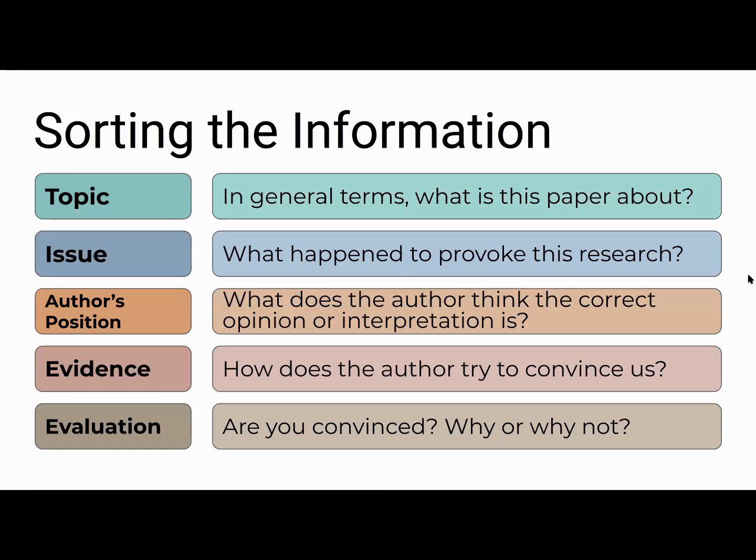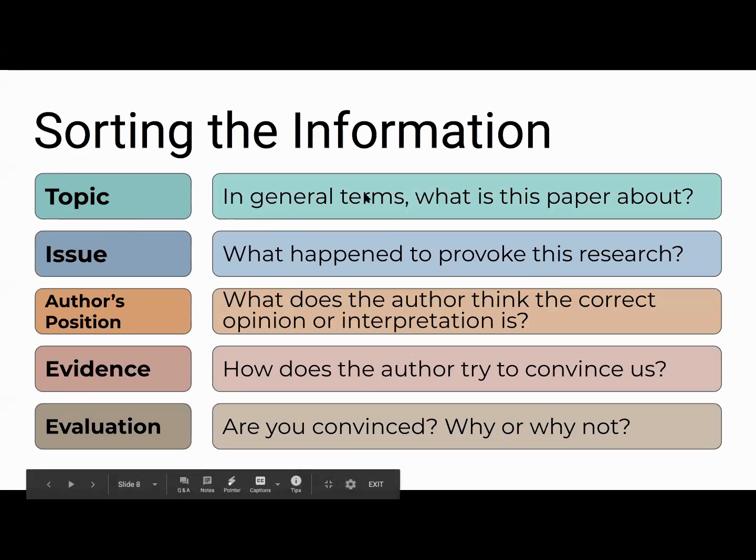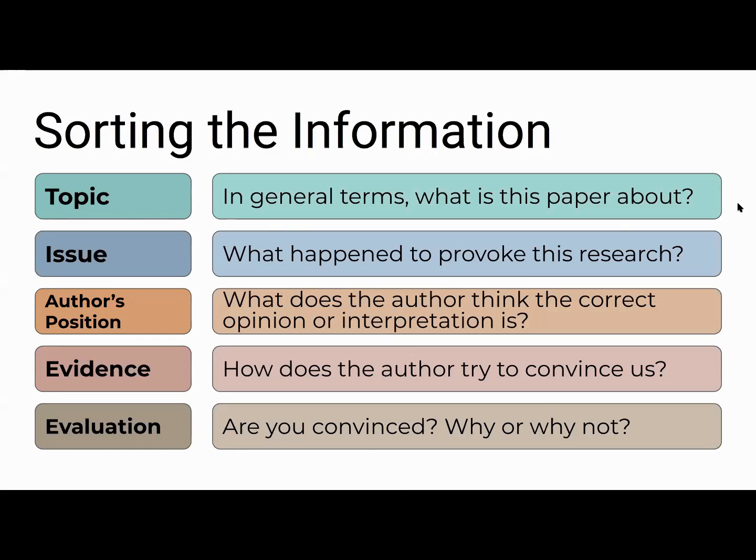So moving on, once you've gone through that process and have actually read the paper, it's important, even during those smaller steps from 1 to 4 that we talked about, to sort the information. So it's important to read it, to understand it, but also to know the significance of it, and to be able to really critically think about the sorting method. I should have asked you this in the beginning, but if you have a pen or paper beside you, just make note of these 5 things. You don't need to put the definition, you can if you want, but having the topic, issue, author's position, evidence, and evaluation, and knowing that as you're going